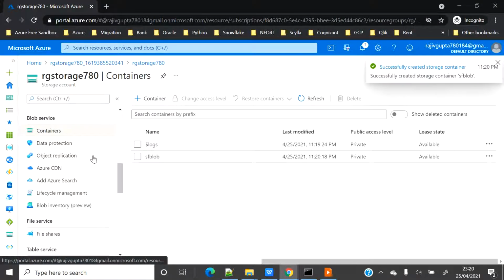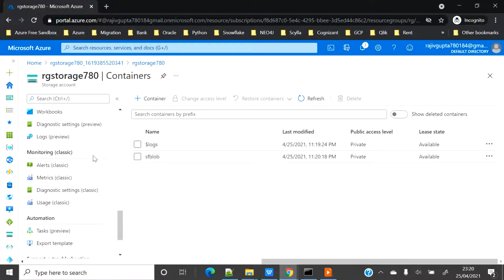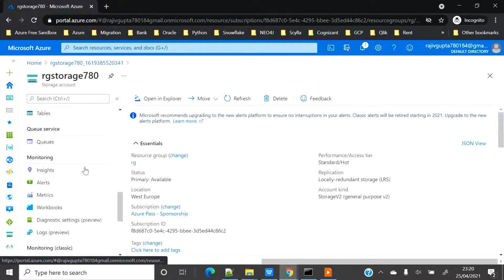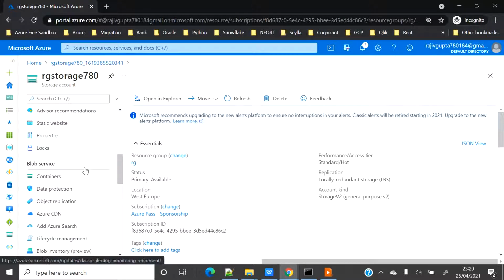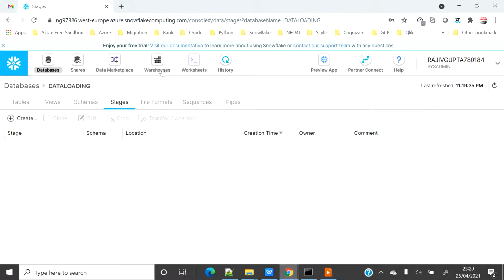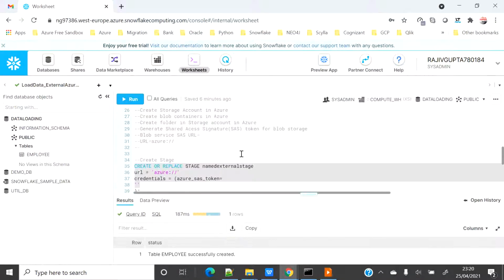And then I will go ahead, and there are properties here, not here, on the storage side. I will go here, and there is one item known as properties. I will go into properties, select the URL of the blob service, and paste it here for my use. I will go to the worksheet and paste it here. I don't need this HTTPS, so I will remove this part, and the rest everything I will copy here and